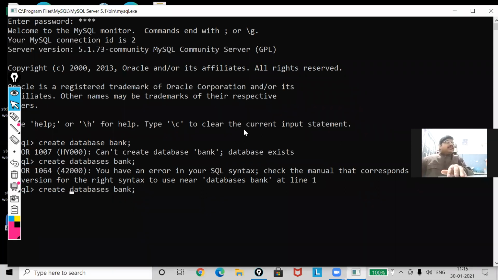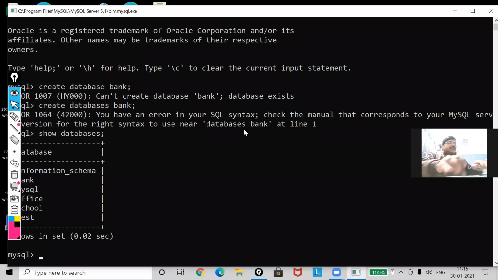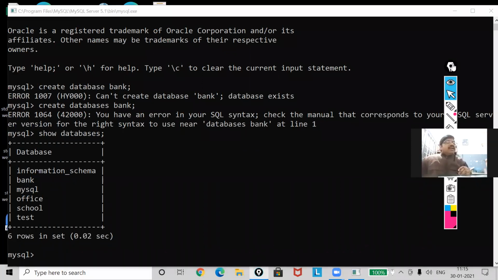I think my database is already created. Let me check it. Yes, see students, my database bank is already created, so it is not allowing me. So I will use another one.